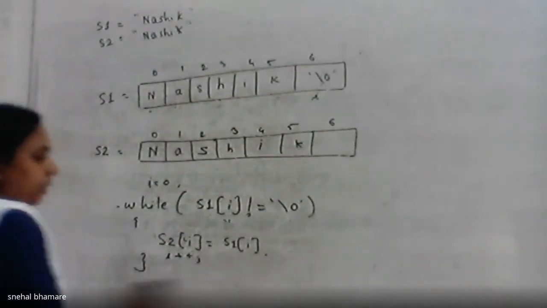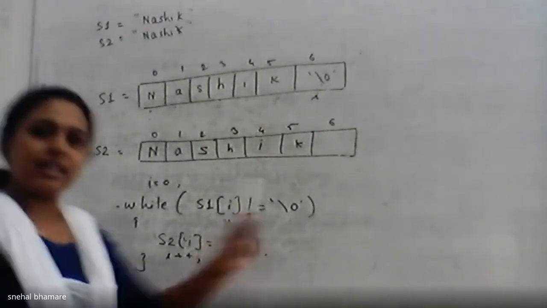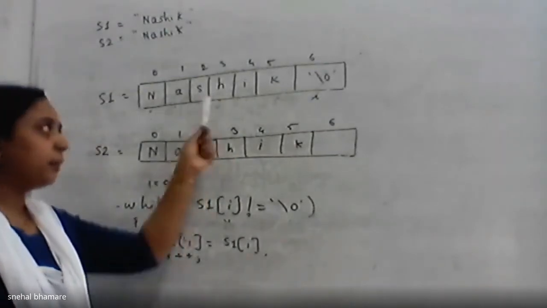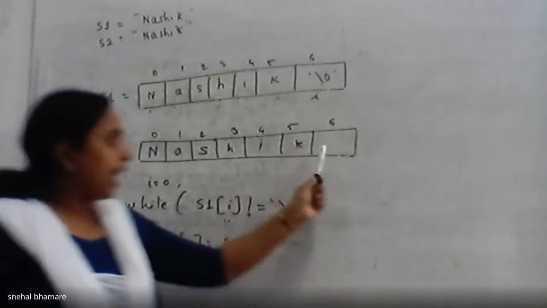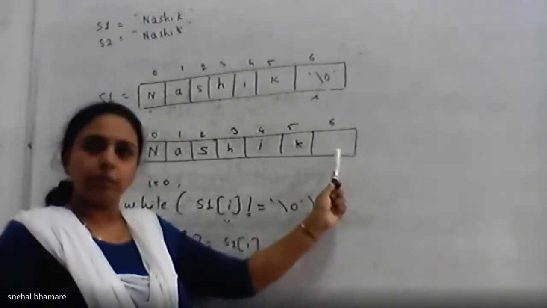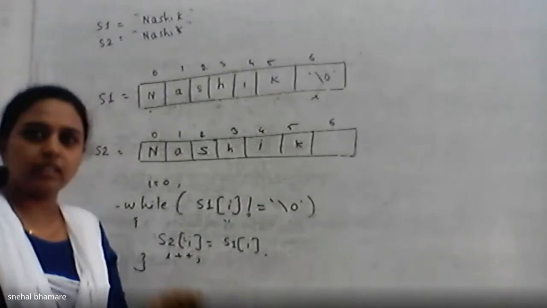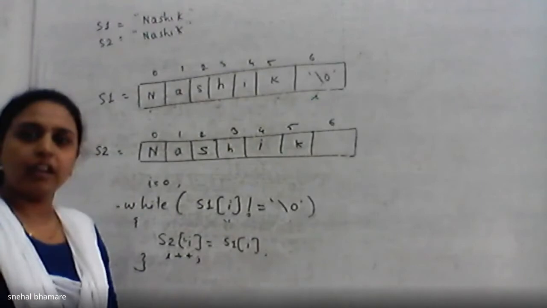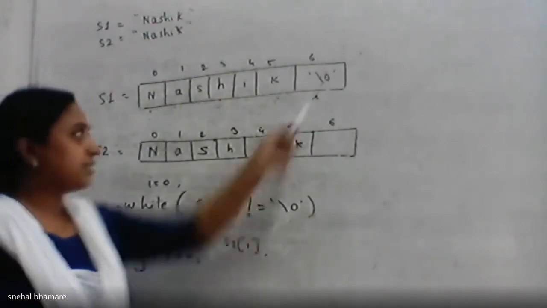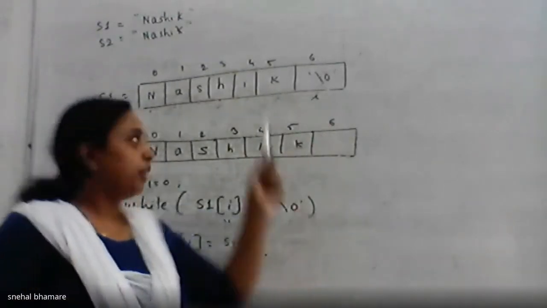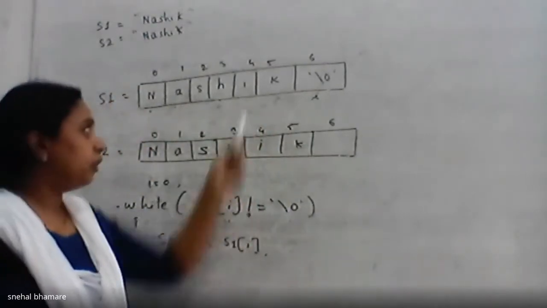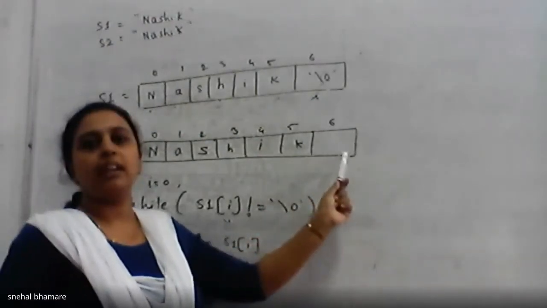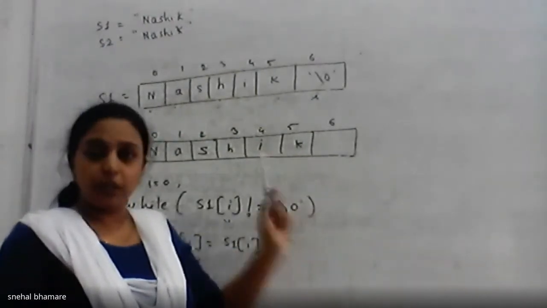Right? But we know that the string terminates by a \0 character, that is the null character. And since we are copying character by character over here, we should add the \0 over here. Because when you are reading the string from the user, when you say enter the string, by default a \0 character is added at the end. But when you are copying character by character, you are just copying a single character at a time, right? Hence, you have to add the \0 character at the end of the string to indicate that the string